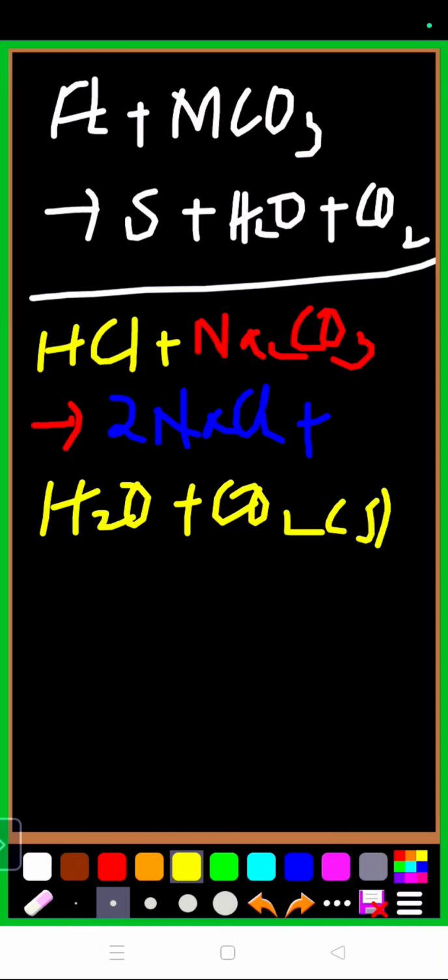Okay, so this is the CO2 property. A metal carbonate reacts with an acid to produce a salt, like sodium chloride, in aqueous state, water in liquid state, and then we must have a gas that is going to be in gaseous state. It's a very common reaction, and a lot of acids do react with metal carbonates to form salt, water and carbon dioxide gas, which is going to get released.